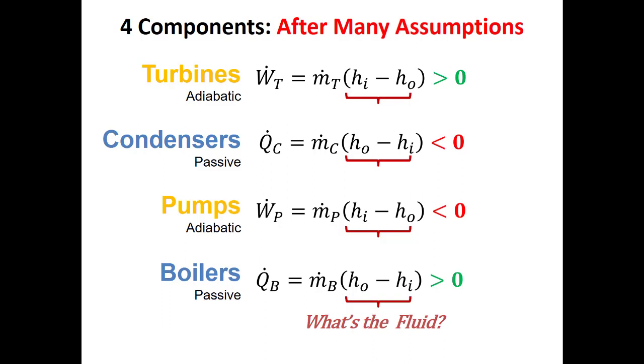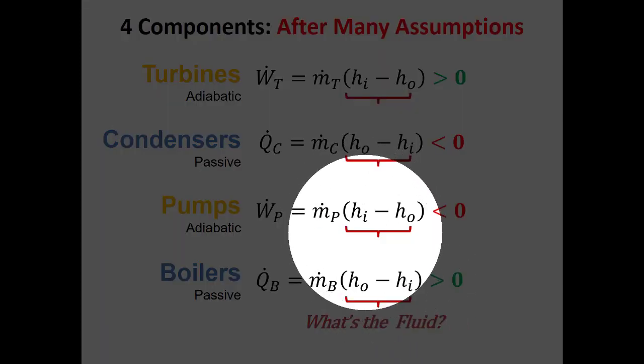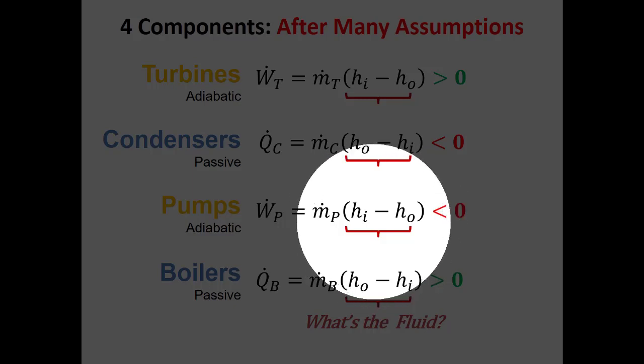So all of this so far looks pretty much the same, right? Pretty much the same as a 4-component Rankine cycle. This, I think, was borne out to be true on the exam. The hardest one, I think, to calculate here, because we've got to ask what's the fluid to find these delta h's. Delta h across an isentropic pump, or an ideal pump, is going to be the specific volume. Usually one of the cases will be saturated liquid, so we'll use the specific volume of the saturated liquid. If it's water, that's usually about 1 divided by 1,000. So it'll be that specific volume times the change in pressure.